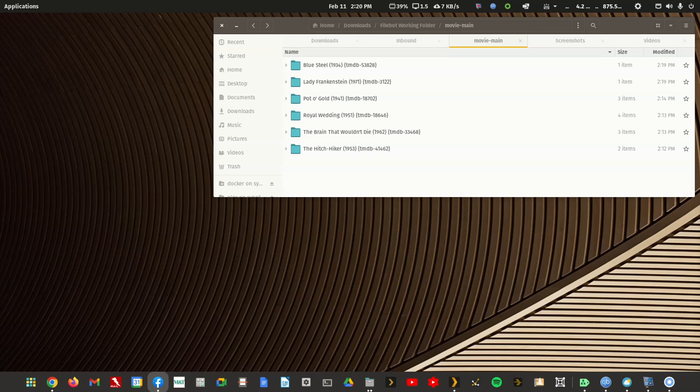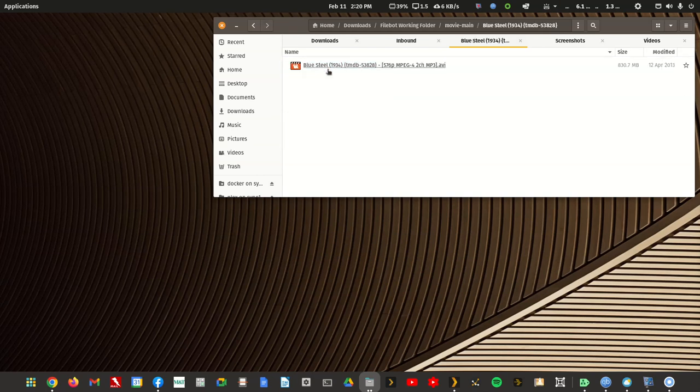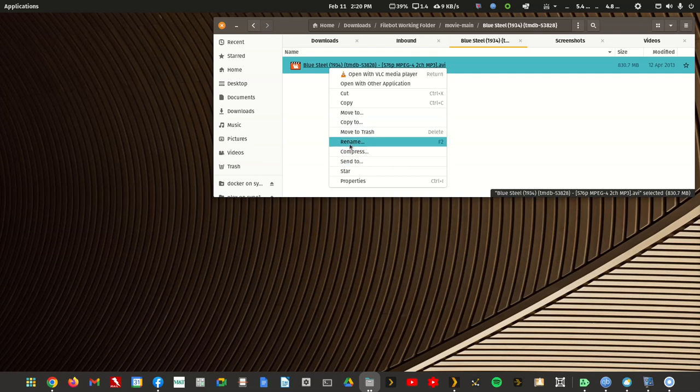Fred had to recover his files off a hard drive, and now they're all named in gobbledygook ways. So we're going to see if MKVToolNix can help fix some of those quicker than having to watch a movie to identify it. So what I'm going to do is enter these movie directories, and